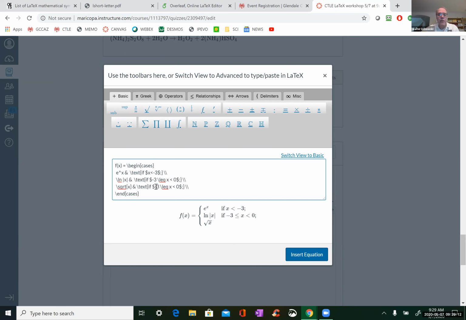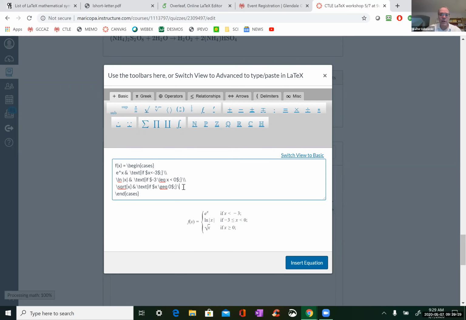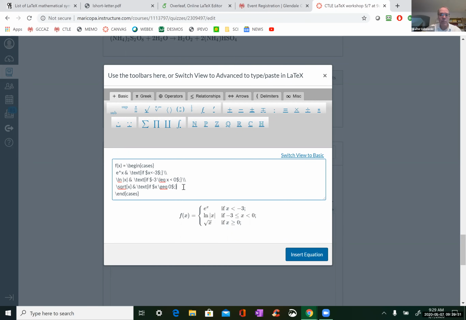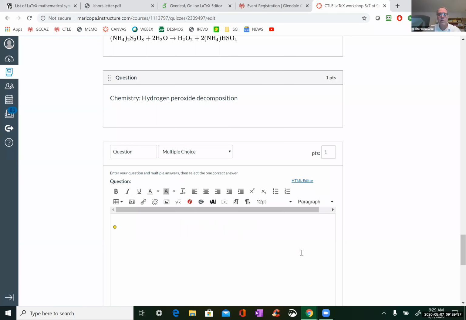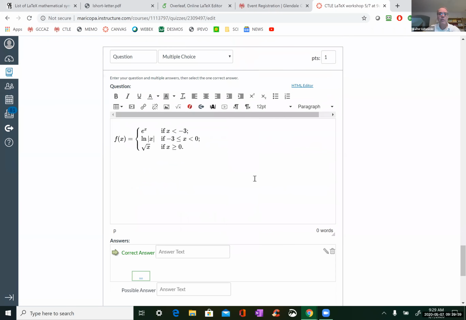And then you can just like that. Let's see, do I have everything? And then, of course, when it's the last one, you get rid of that, and then you can put a period.